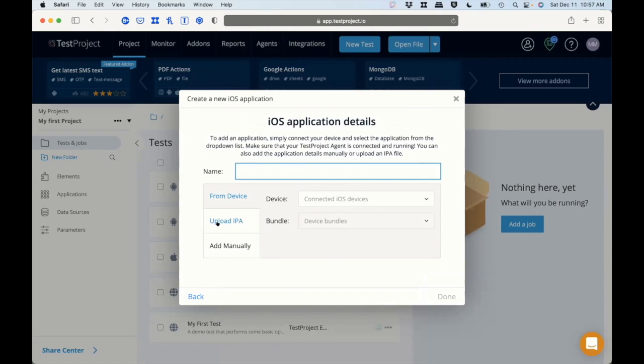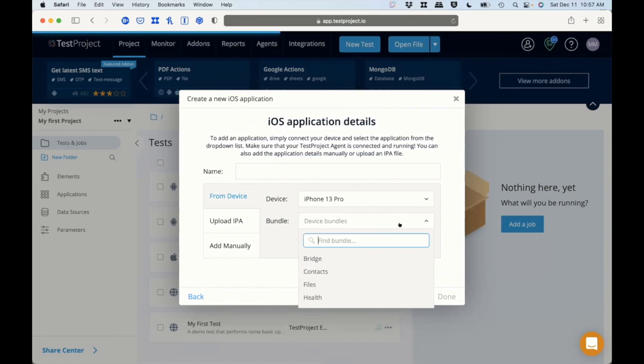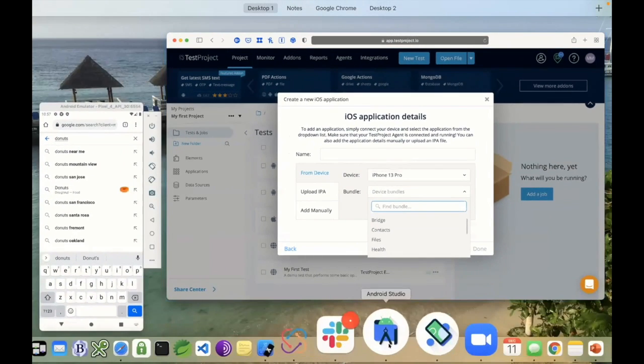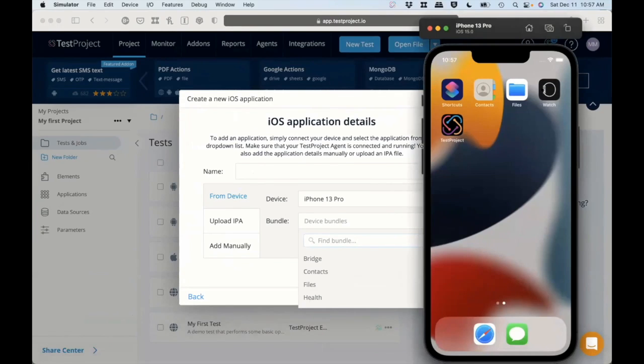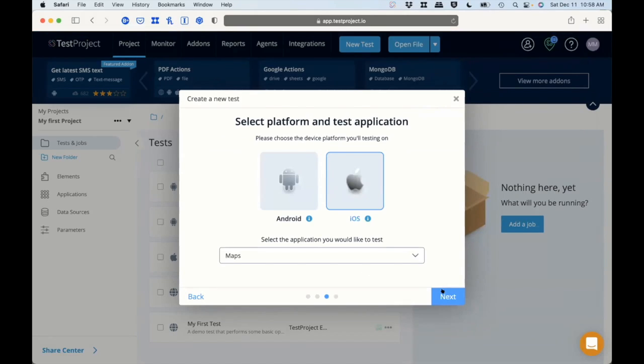So we can again upload the IPA, we can run from code, or we can run from device. So if I do iPhone 13 Pro, I can then look on the device because the emulator is running right here. So it will give me a list of all the devices that are available. So I have contacts right here, I have files, I have health, maps, mobile calendar, and so on. So let's try maps. I've tried this before. This could go completely bad, but let's give it a shot. So let's do maps,